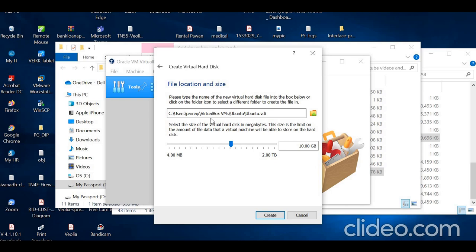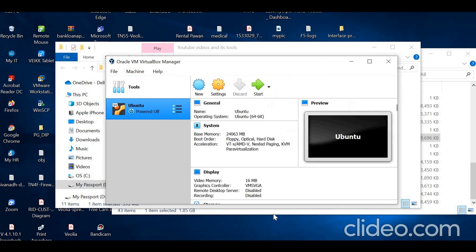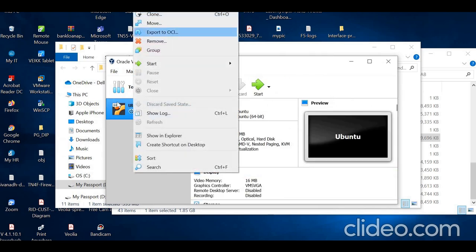Whatever VMs I have created in VirtualBox will get saved in this folder. So the file is ubuntu.vdi. Suppose 10 GB is there, just leave it and click on create. By default you can see it like this. And after that